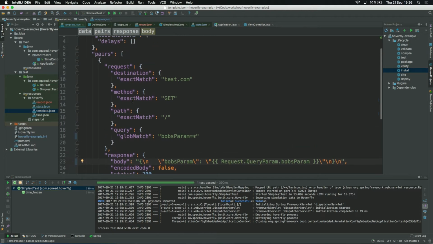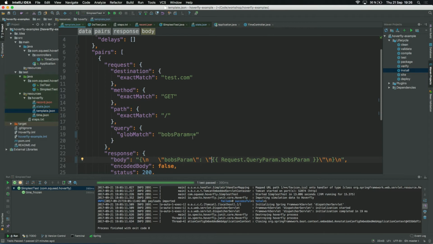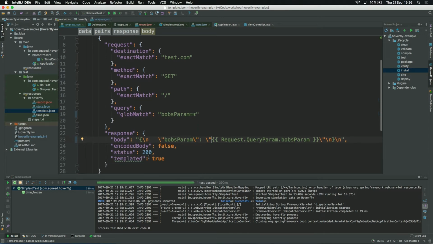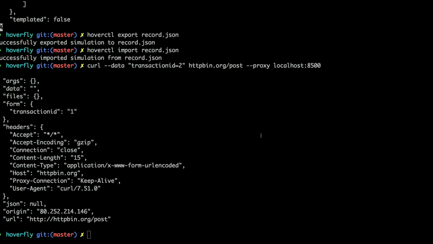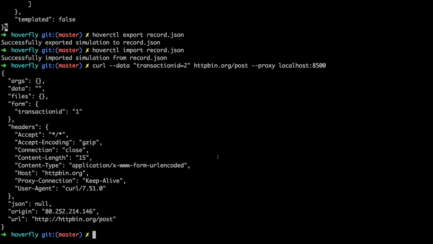So here we have instead a message that goes to test.com regularly, and then we send in a parameter that is Bob's param, and it's a glob match, whatever we send in there. But this time we put templated to true, and then we can use the template engine here to go to, in the request, the query param, Bob's param, whatever we get in the request, send that back in the response. So if we take a look at that one,